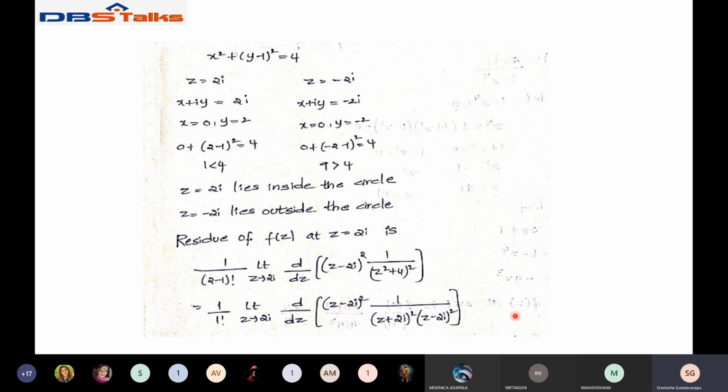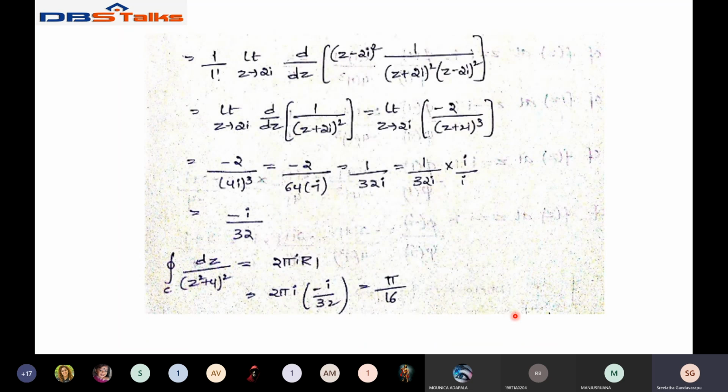So that is equal to limit z tends to 2i, d by dz of (z minus 2i) whole square into, then we have to write 1 by (z square plus 4) whole square, which is equal to (z plus 2i) whole square into (z minus 2i) whole square. After cancellation of (z minus 2i) whole square, we get,